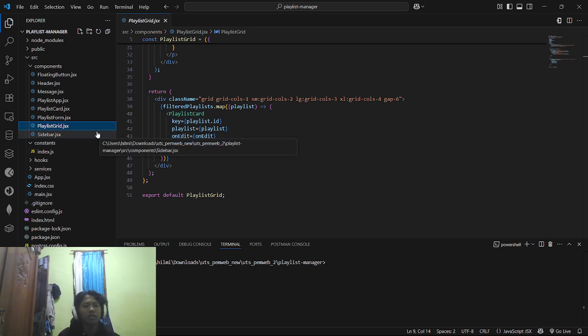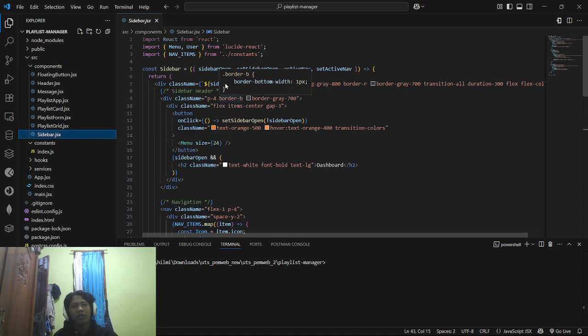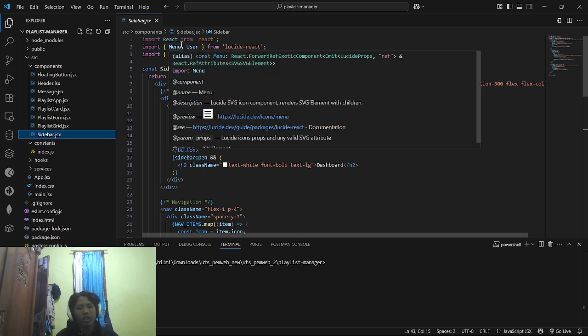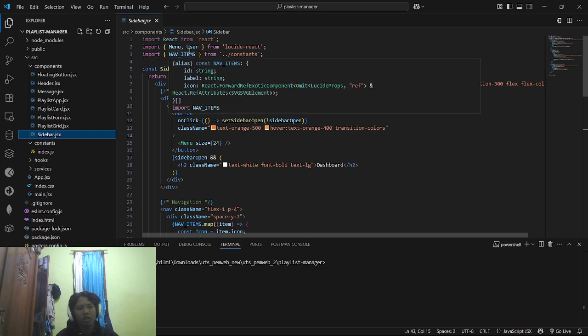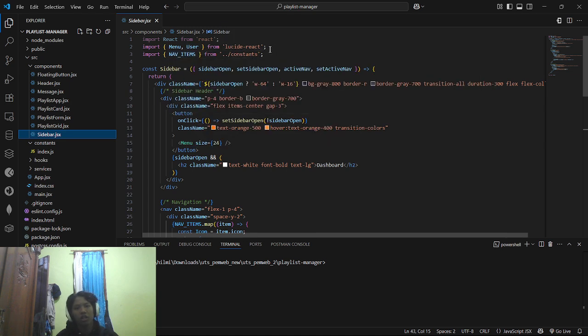So next, after the playlist grid, in the sidebar.jsx, first we import again React from React to use the JSX, and then we import the menu and the user icon from the Lucid React library.